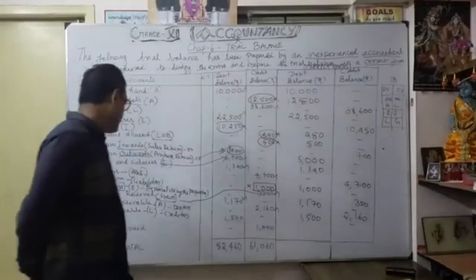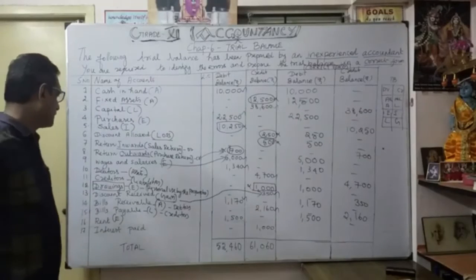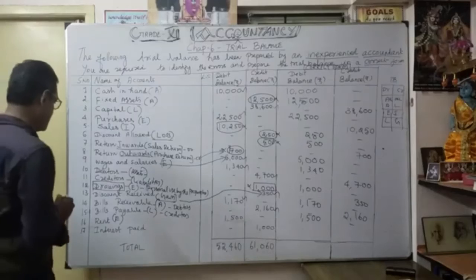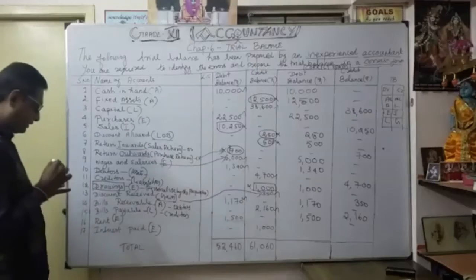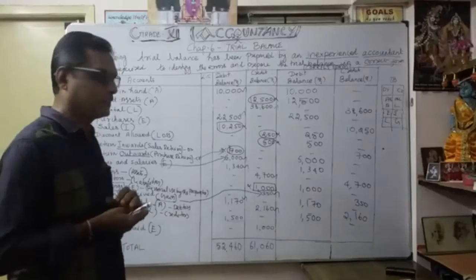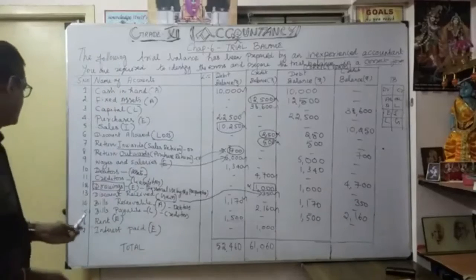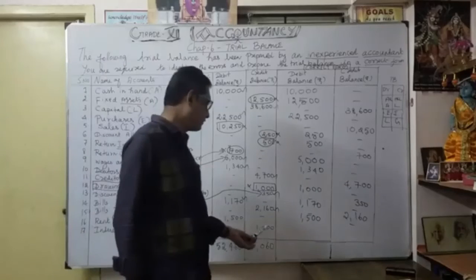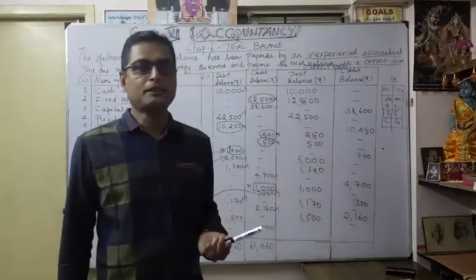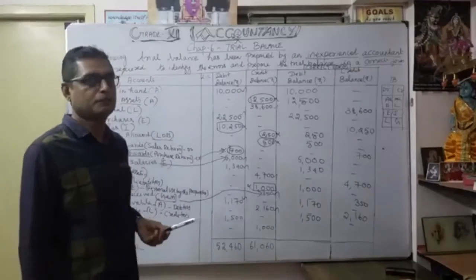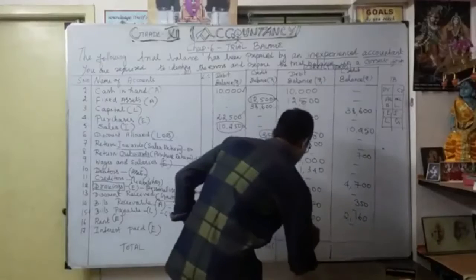Then finally, it's very important: interest paid. What is interest paid? It is an expense of the company. Suppose we got any loan or any bank loan, we have to pay interest. Here, as interest paid, they wrote it wrongly on the credit side. It is not an income for the company; it is an expense of the company. So interest paid, we are going to write on the debit side. Yes, it is wrong.